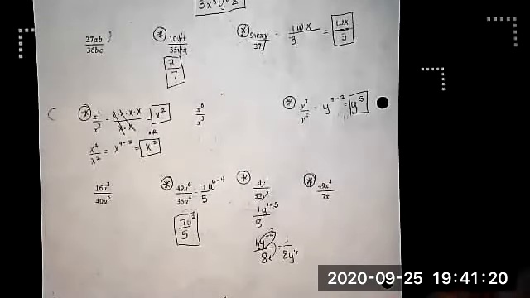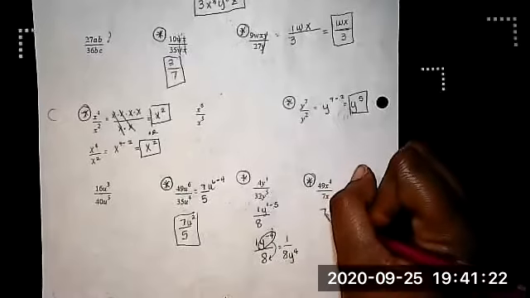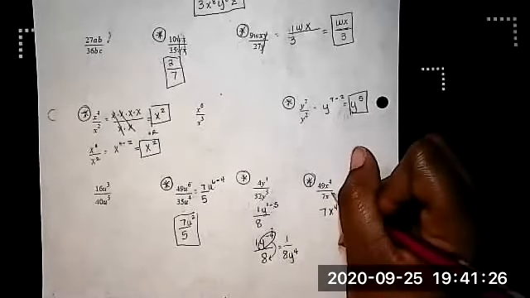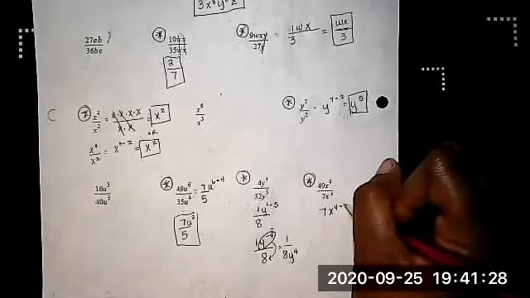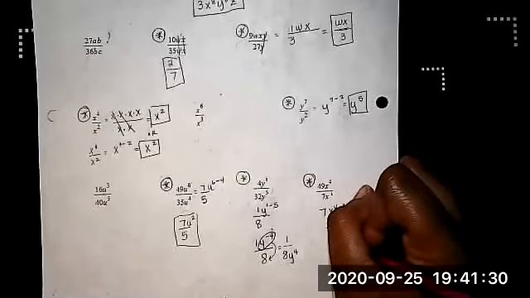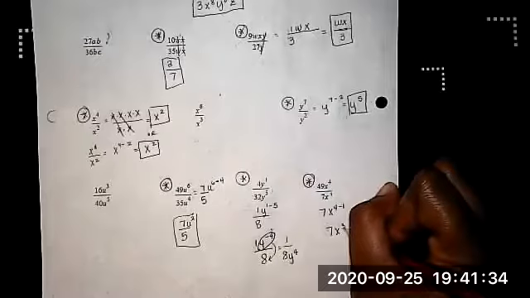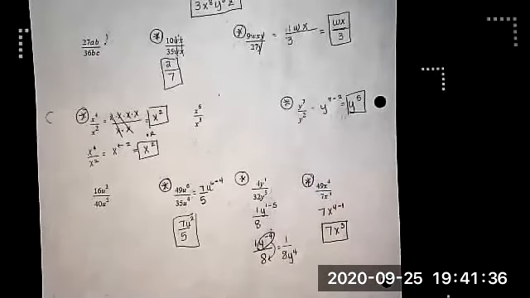So 49 divided by 7, hopefully you know that's 7. And then it's going to be x to the 4th minus 1. Remember, the top number minus the bottom number. And that becomes 7, because 49 divided by 7 is 7. X to the 3rd power. That's going to be your answer there. And that is